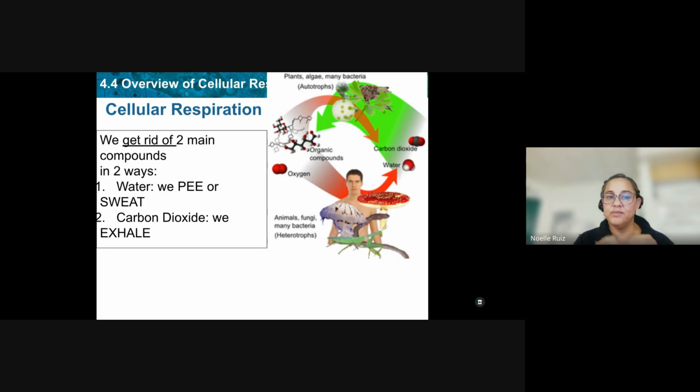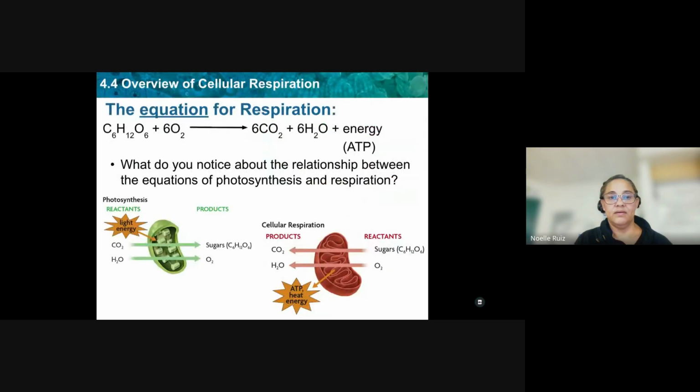And last week we talked about the equation of photosynthesis. This week we're going to talk about the equation of cellular respiration. And all we're doing is putting these four compounds into a chemical reaction, a chemical formula. So the equation for respiration,